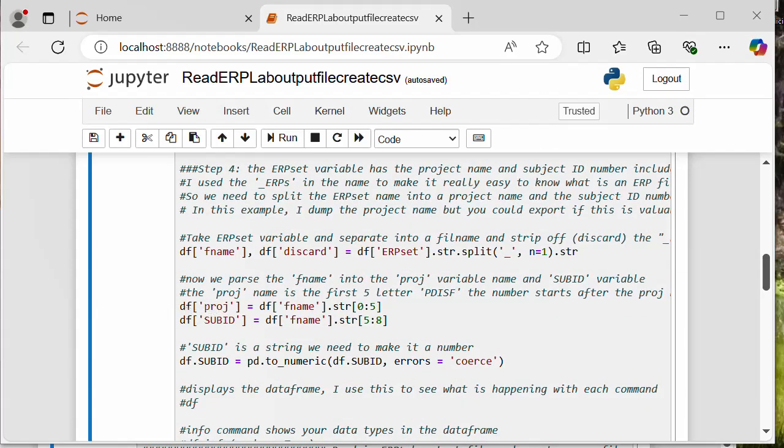Then I'm keeping a variable called project. If you were analyzing data across projects, you might want to keep this. I'm not going to use this in this example right now, but we're going to strip it out of the file name variable that I created, and it's going to be the first 5 characters or so. And then sub ID is going to be the remaining characters of that